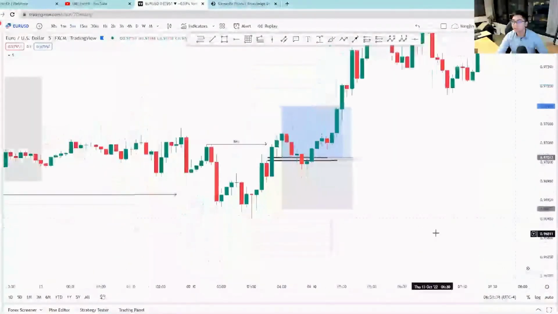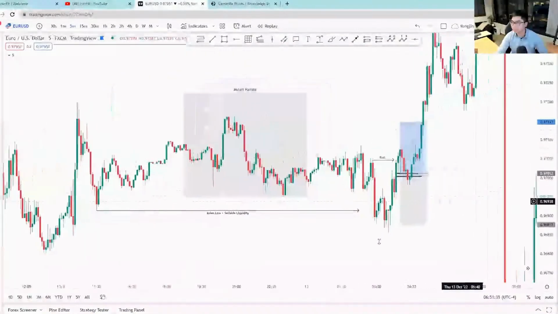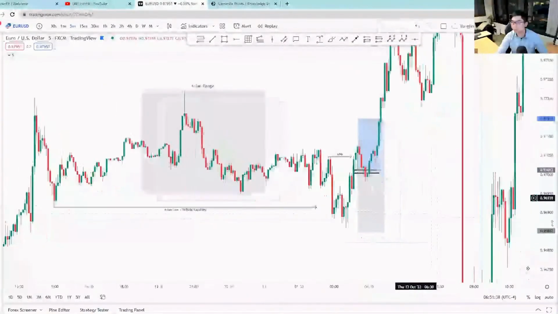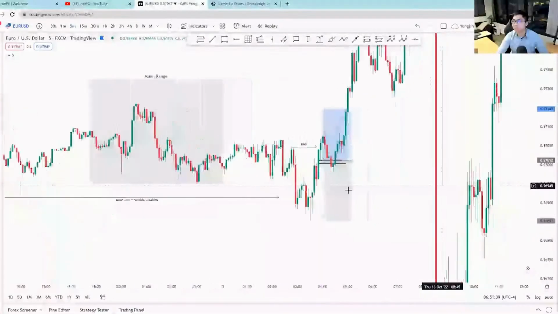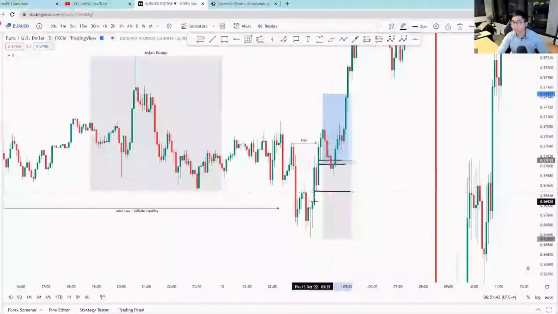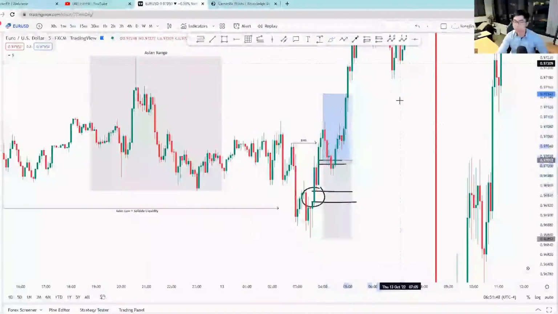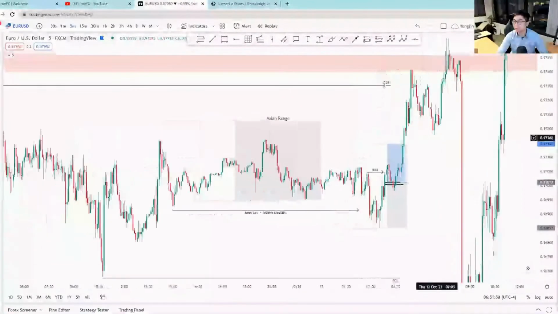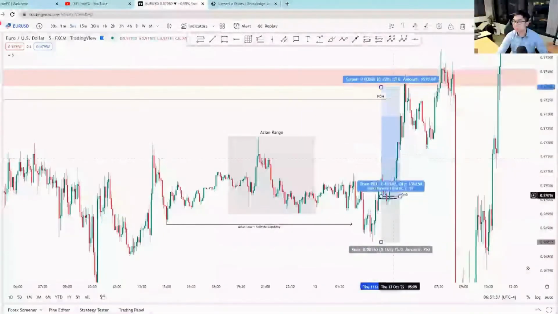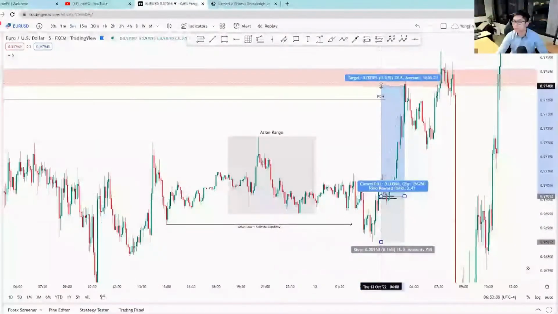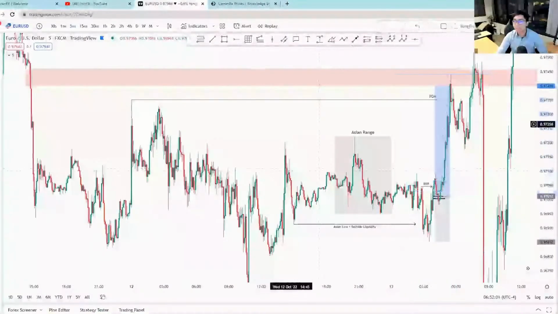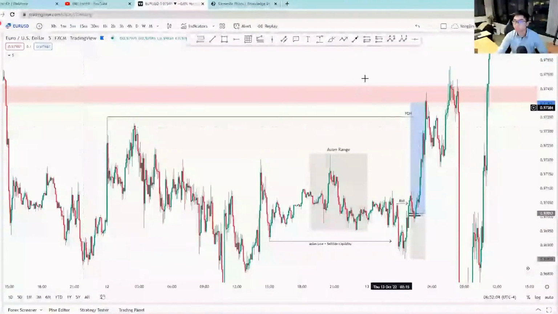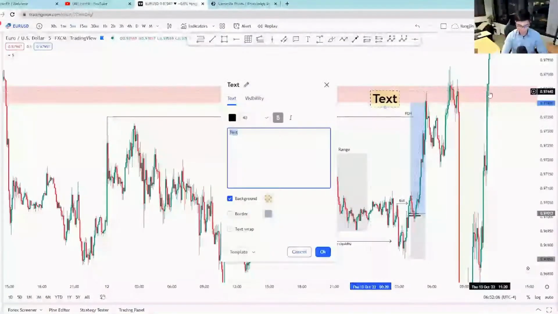And then I set my stop loss at the very bottom. Why do I set my stop loss at the very bottom? Because there is another market imbalance right here where price could potentially come down to before it goes up. So I set it as that with my take profit up to the M15 market imbalance, and I just close it right there. This is the M15